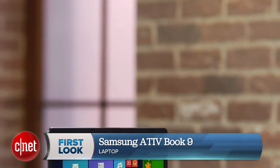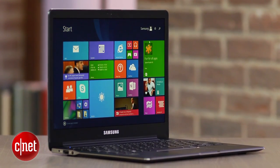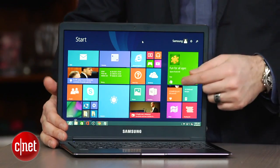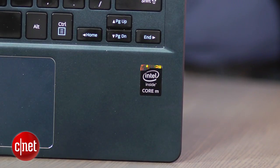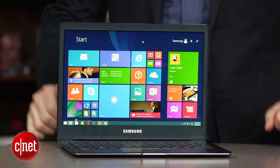Which of the new 12-inch laptops is right for you? I'm Dan Ackerman, and this is Samsung's Ativ Book 9. Now, that's the name Samsung has used on a lot of laptops. What makes this one different is that it's got a 12-inch screen as opposed to a larger screen. And it runs Intel's Core M processor, and it's very slim, very light, and it has a 12-inch better than